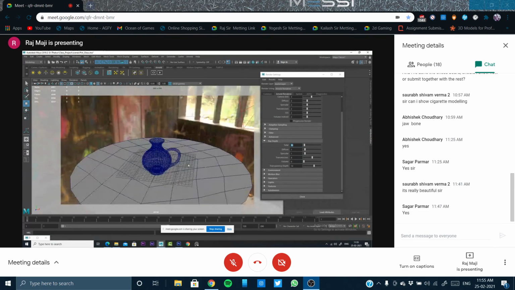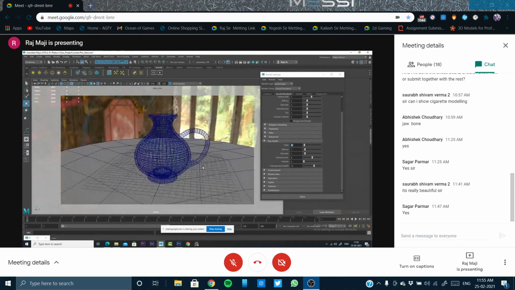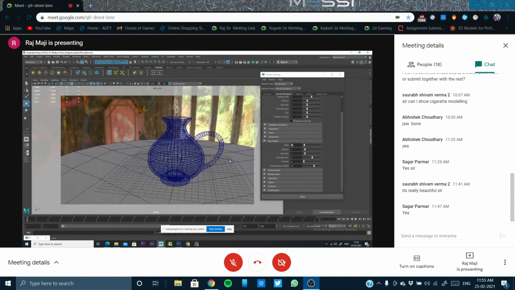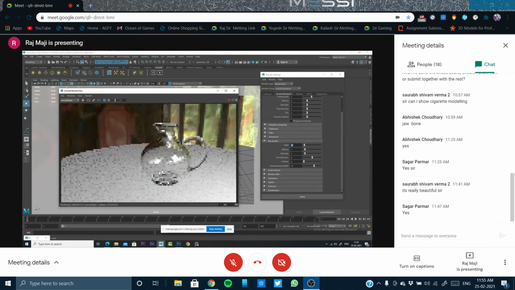So I'll just delete it. Transparency depth is also very important. If it is 0, we are getting the shadow, right? I think this question was there in your mind, why the shadow is not appearing. So this is because of the transparency depth. How much depth you increase, that much light ray is penetrating and the shadow will be lighter and lighter. So this much shadow should not happen because this is a transparent object. So let's make it 1.